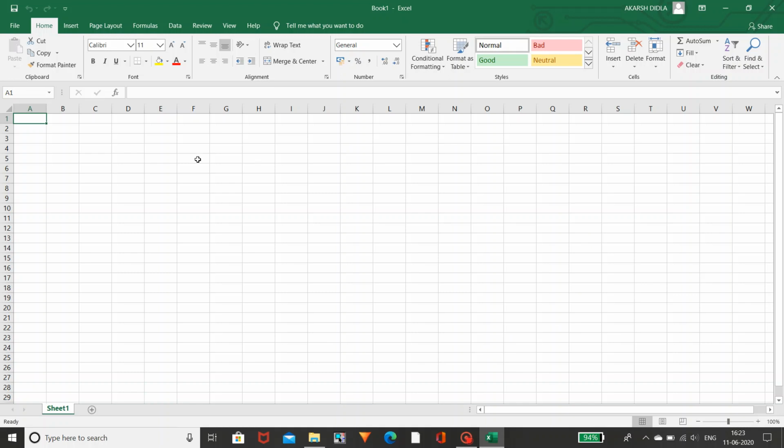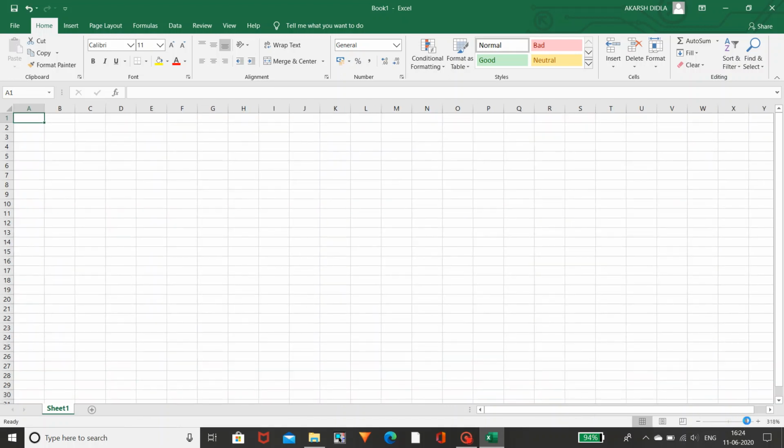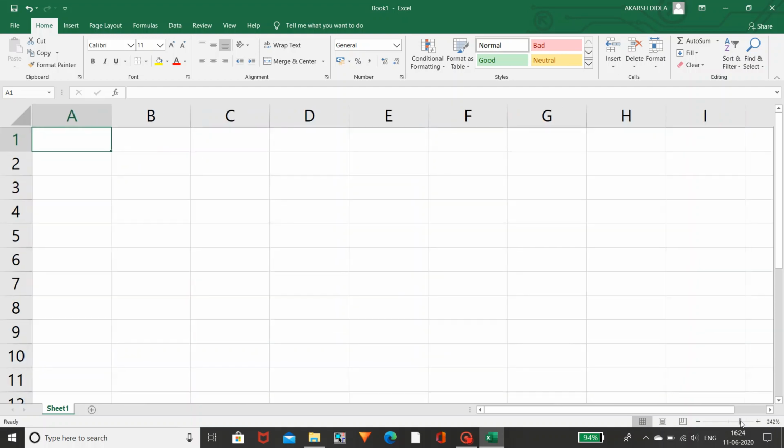These boxes are called cells in Excel, and this sheet is called an Excel sheet or worksheet. You can name it as you wish. I am naming it Excel worksheet, because it is Excel. You can see here it is Sheet 1. If you want to add another sheet or a number of sheets, you can click this plus button which is circled, and you can add the next sheet. If you want to zoom, you can use this button. You can zoom in, or you can zoom out like this.